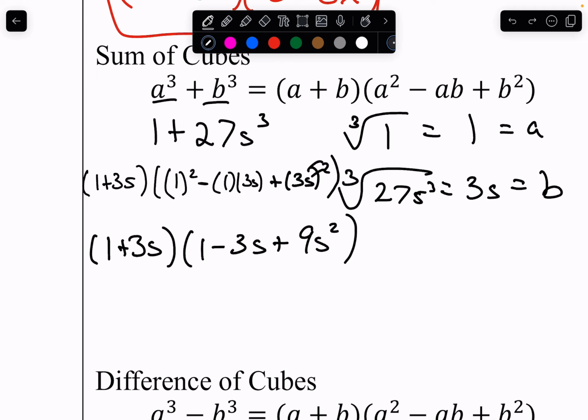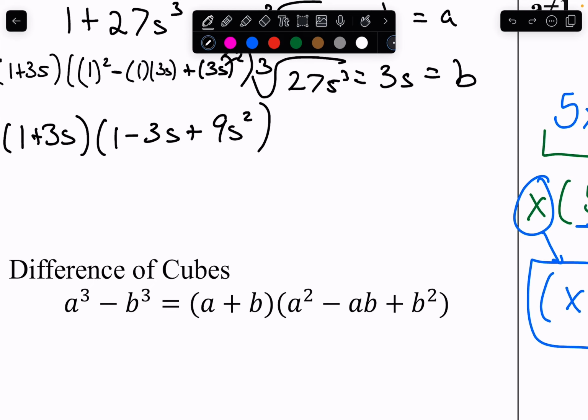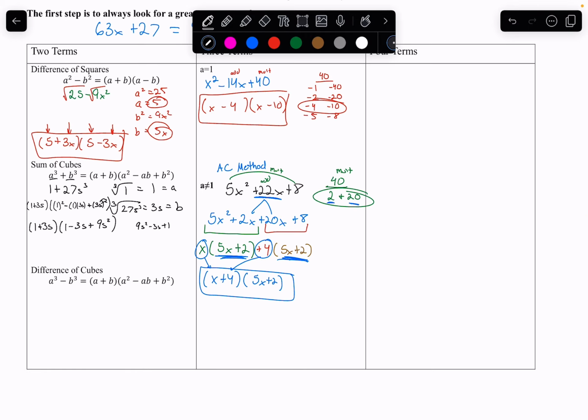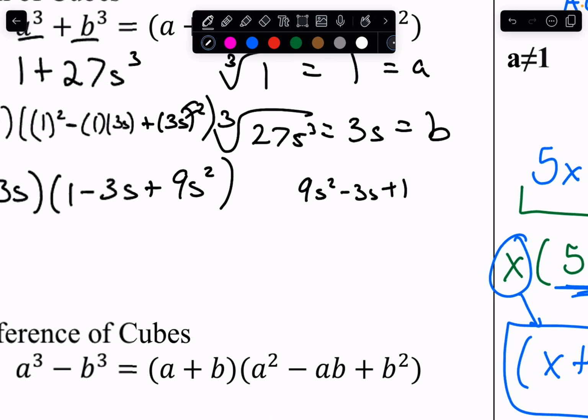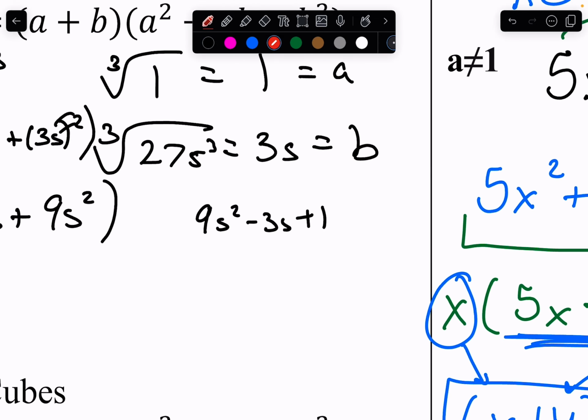At this point, you could check to see if you could factor this further. A lot of the time, you're not going to be able to, and this is an example of a time where it's just not going to work out. So I could show you how you could try it, and then it fails. If we had 9s squared minus 3s plus 1, that is a trinomial, and it looks like maybe we can use the AC method on that. However, if you go to use the AC method on this,